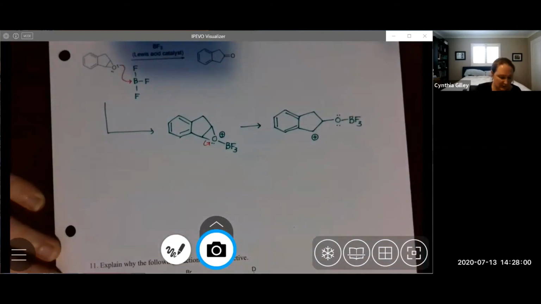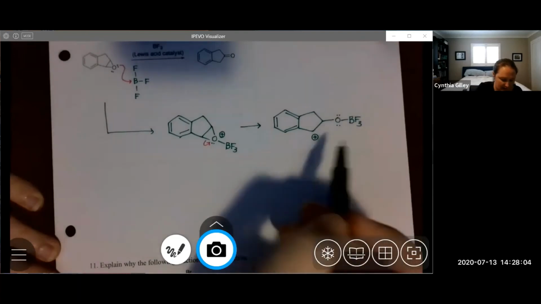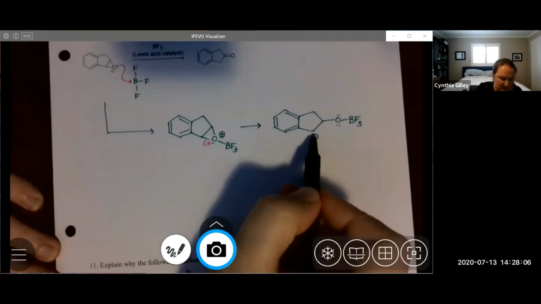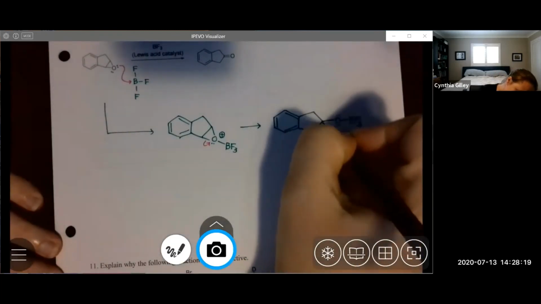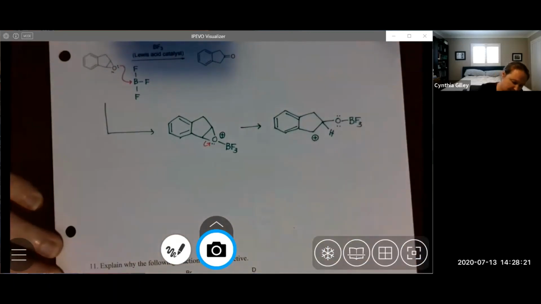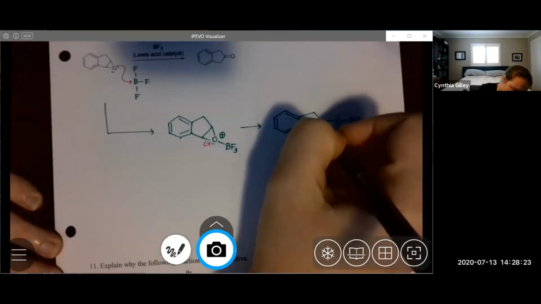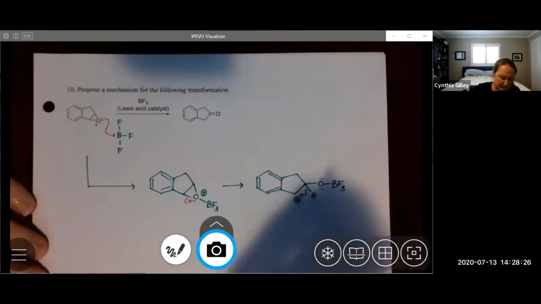We're able to do a loss of a leaving group there, and that ends up with the carbocation, which is resonance stabilized and benzylic. So it's fairly stable. There's two different things you could do here to get to the product. One option is a hydride shift. So if we do a hydride shift,